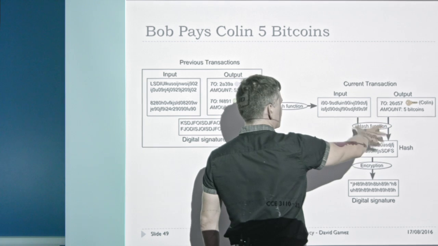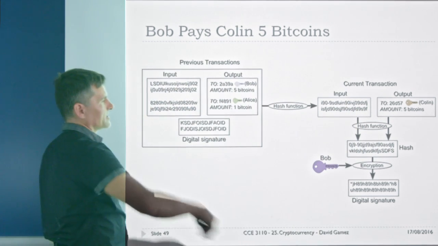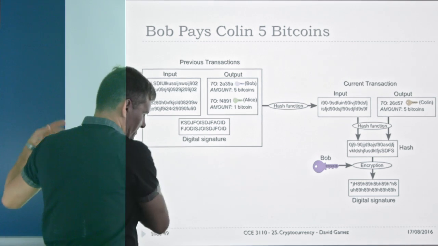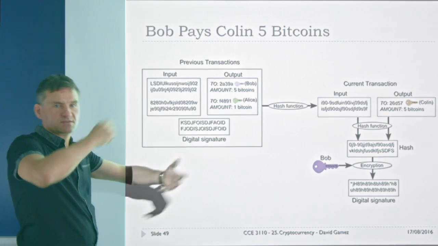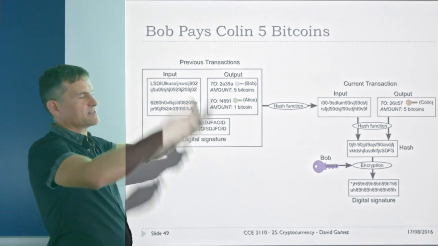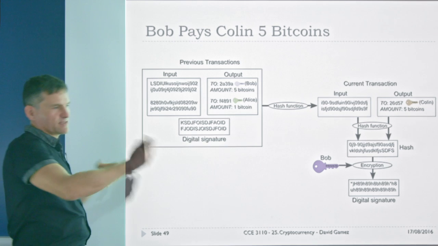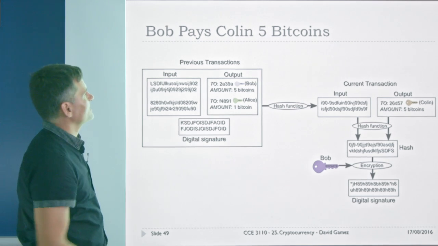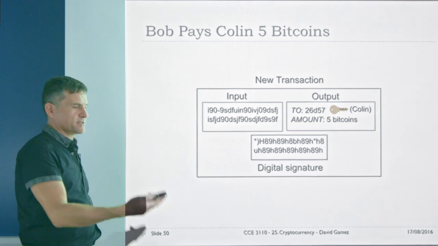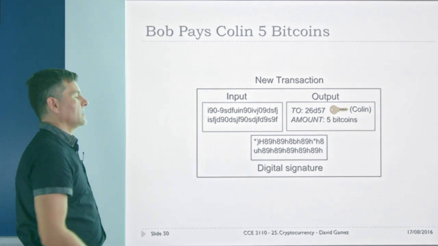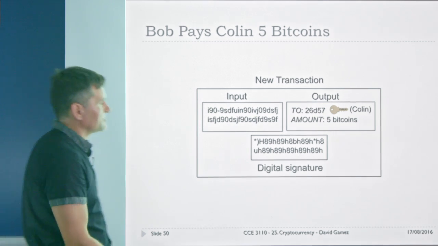He takes the hash of the transaction, encrypts it with his private key, and that's his digital signature, and so on and so forth. So you just have chains and chains of transactions transferring money from one person to another, to another, to another, and the total amount that ends up associated with an address over this entire chain is their current amount of Bitcoins. You can only find out how many Bitcoins are associated with an address by reconstructing the history, by looking through the entire history and figuring it out, which isn't hard to do, but you've got to do it.